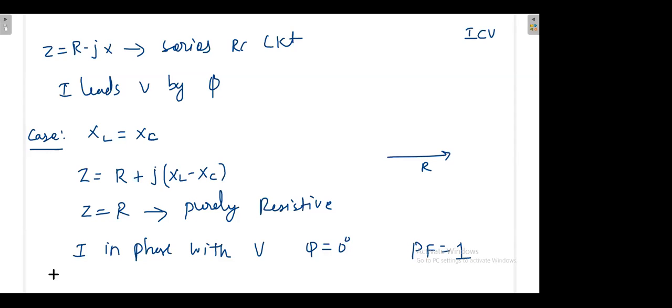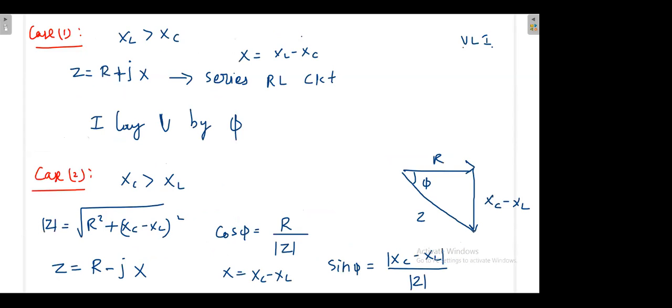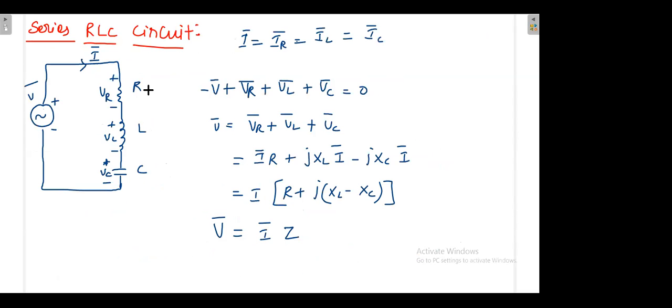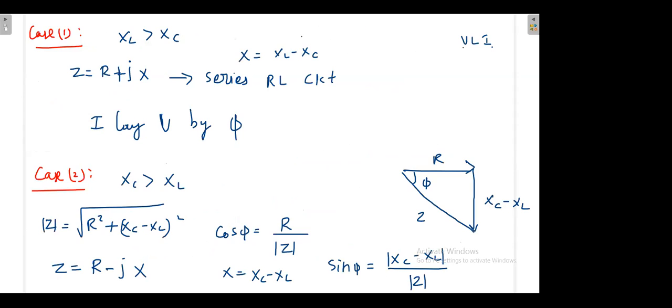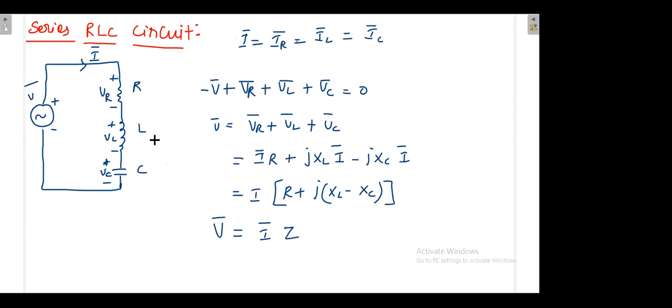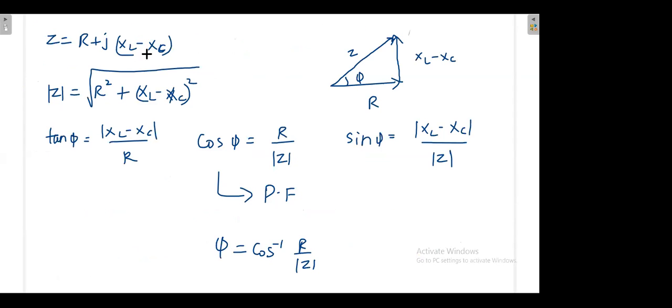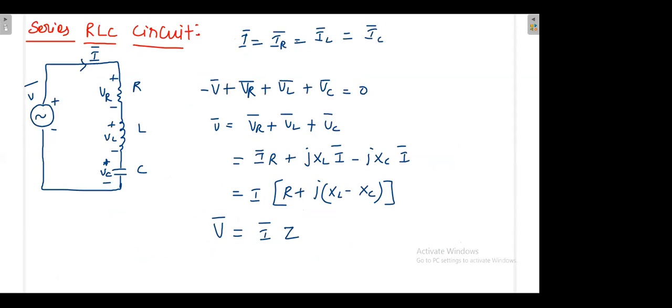So what we are observing here is that we have both the inductor as well as the capacitor, RLC. Then which one is greater or which one is lesser? XL greater than XC, or XC greater than XL. Based on that, the circuit behavior will be decided. And again, who will decide this parameter? Either XL is greater or XC is greater. You know both quantities. Say, XL means what?